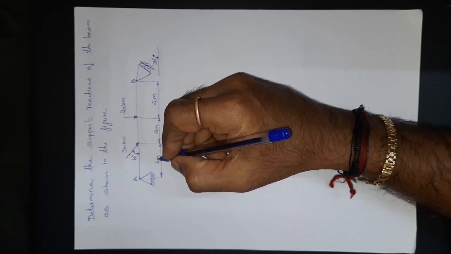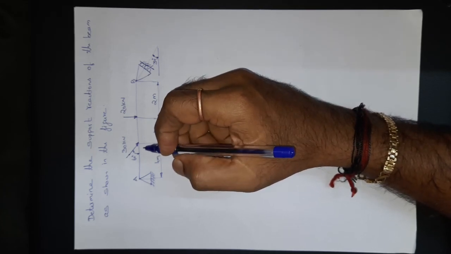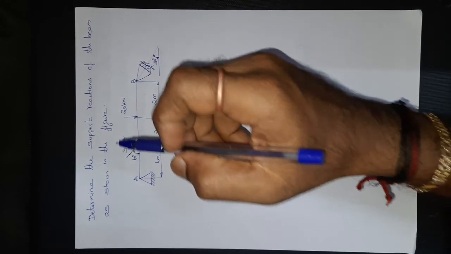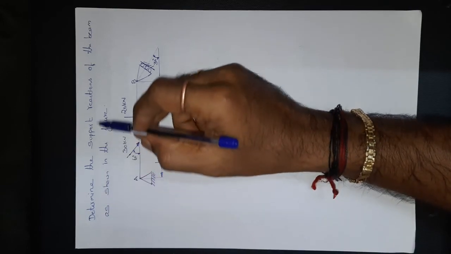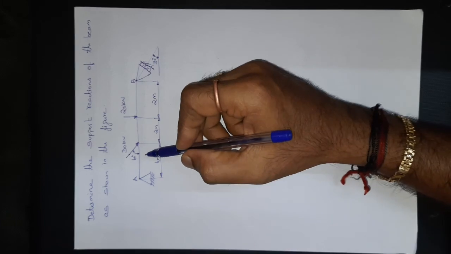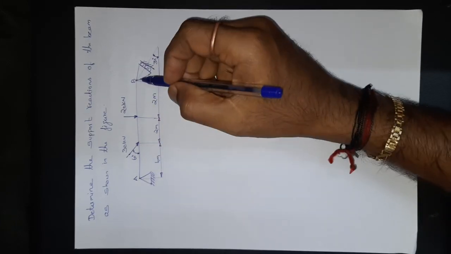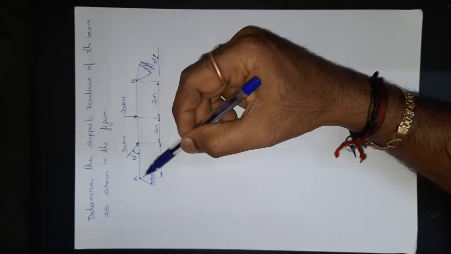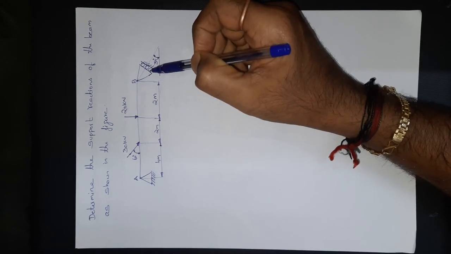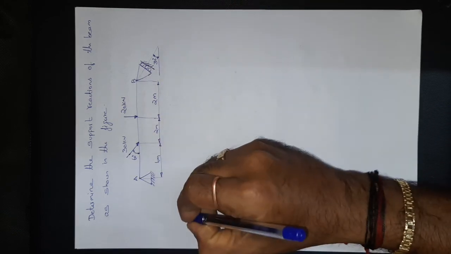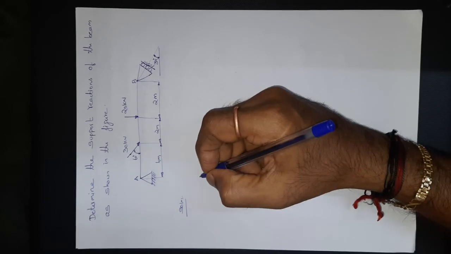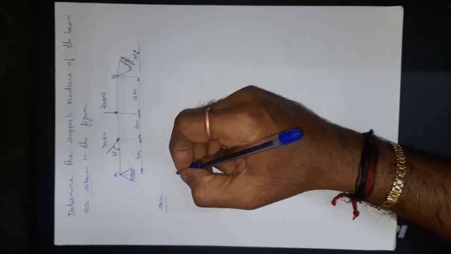Very good morning, students. For this lecturing video session, I am going to solve a problem from the support reactions. The question says, determine the support reactions of the beam as shown in the figure. It's almost a simply supported beam because both ends of the beam are supported with a hinged support and a roller support. So to proceed, first I need to draw the FBD, that is nothing but the free body diagram, isn't it? Free body diagram I need to draw.